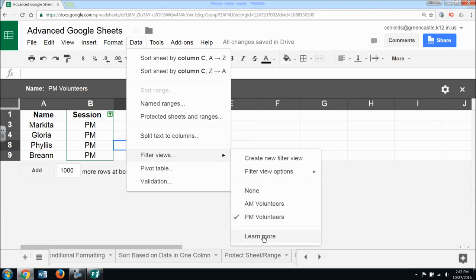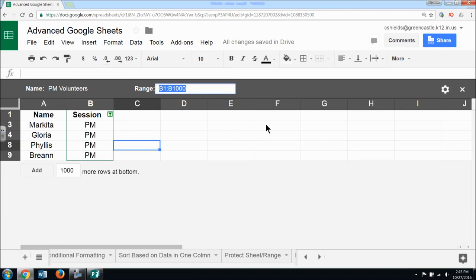If you would like to learn more, obviously you can click the Learn More, and if you would like to explore further, you can check out the options, and this allows you, again, to rename. Update range comes in handy if, in this case, there are only 10 rows, I believe. But if you're associating this with a form, like a Google form, and somebody else submits a form and they add into the 1001st row, you can just take 1001 and hit enter, and it will automatically update your